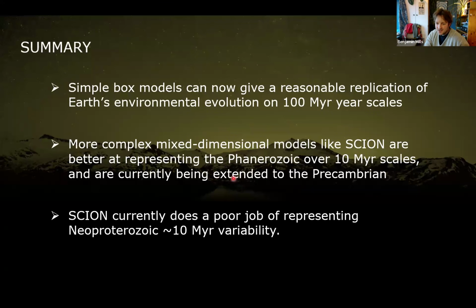We're trying to extend these into the Precambrian, but we're currently limited because we're using old paleogeographic maps and old climate models. Luckily, my group at the moment has a big European project to do this better. So we're currently building more paleogeographies and running climate models. I hope to be able to come back in a few years and have some much more convincing and interesting things to say, certainly about the Neoproterozoic, if not more of the Precambrian.